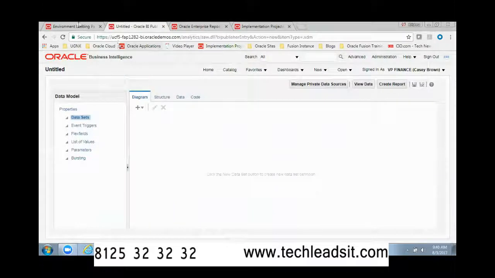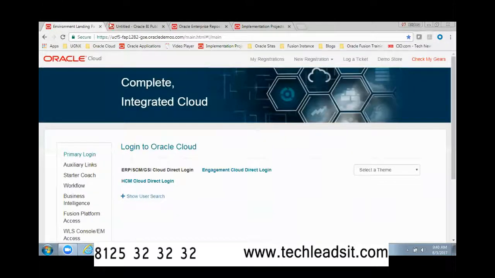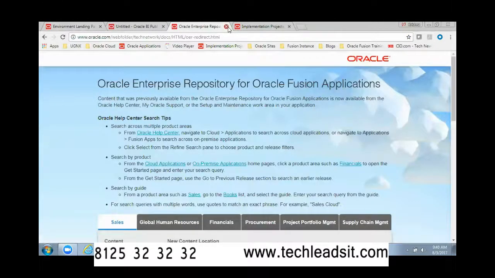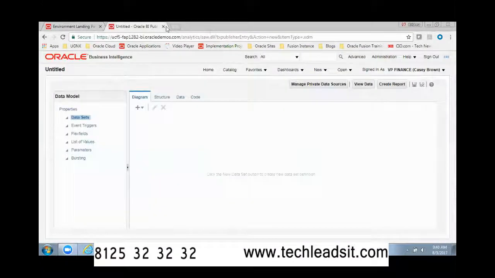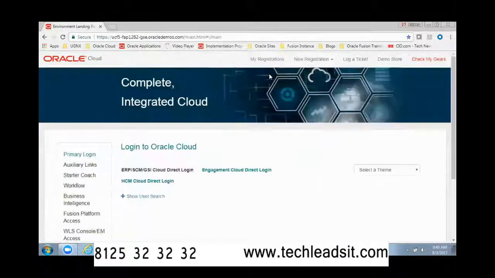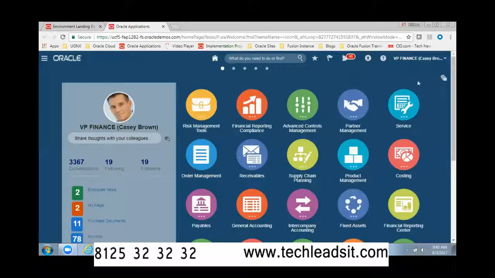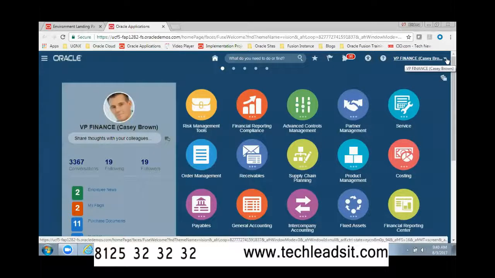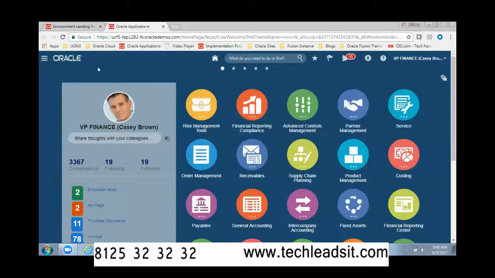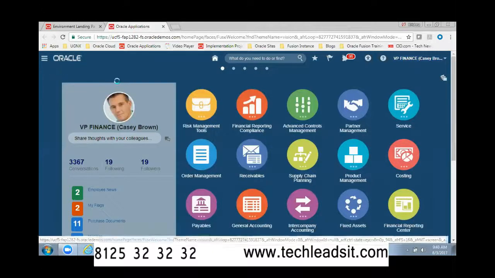I'll show you from the starting how to connect to the database. In case of EBS we use Toad or SQL Developer to connect to the database, but in Fusion applications we don't need any tools. Directly from Fusion we can connect to the database from the navigator,